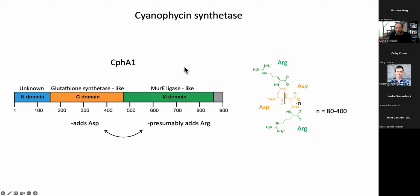Then by homology, we could see that there was a third domain, which is the Mur ligase-like domain. We're going to call that the M domain, we're going to call that the G domain, and we're going to call that the N-terminal or N domain. So if the G domain is adding Asp, then presumably the M domain is adding Arg, because it too is related to a class of enzymes that make amide bonds. So that makes sense too. So we wanted to go from that kind of level of, yeah, this domain probably makes this bond, this domain probably makes this bond, we have no idea what's happening over there,